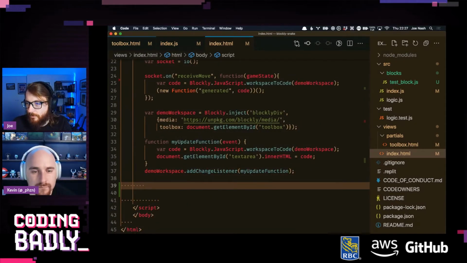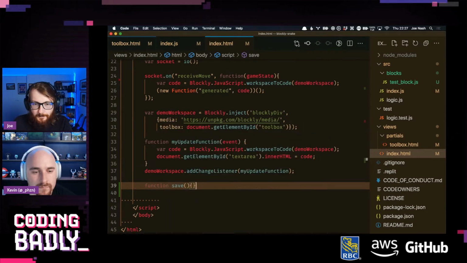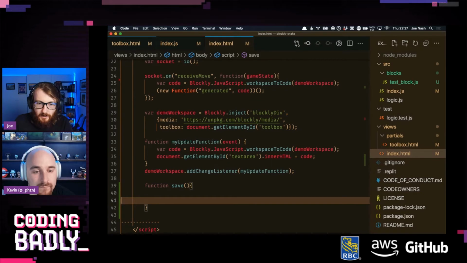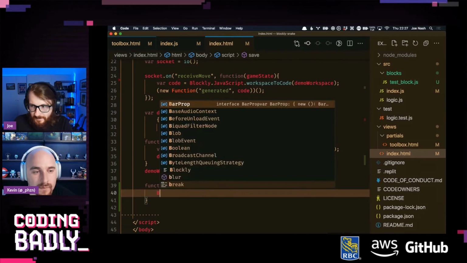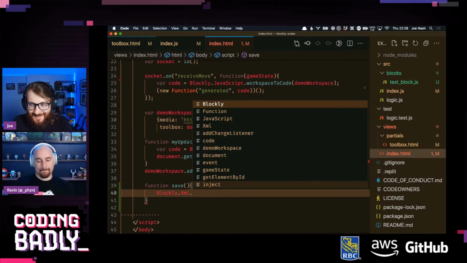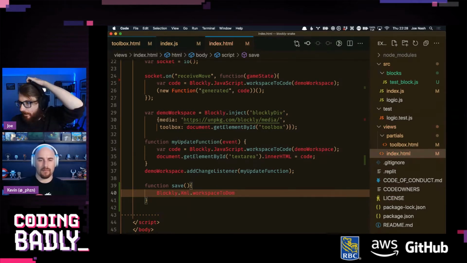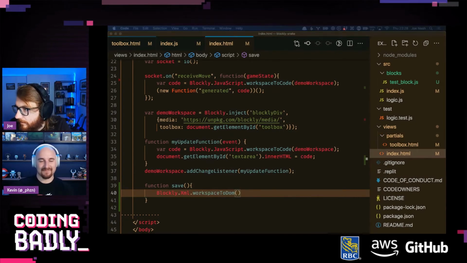But we would want something like a save function that's just calling... is this completion working? No. I'm pretty sure it's Blockly.Xml.workspaceToDom, because we've already written it. Yeah, I know. Let me quickly go find this in the reference to make sure I'm doing this correctly.